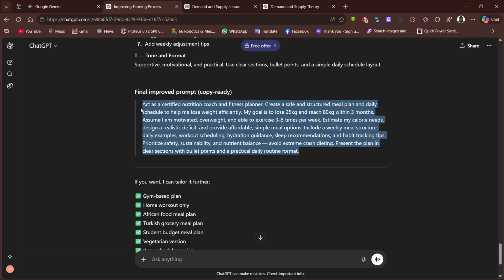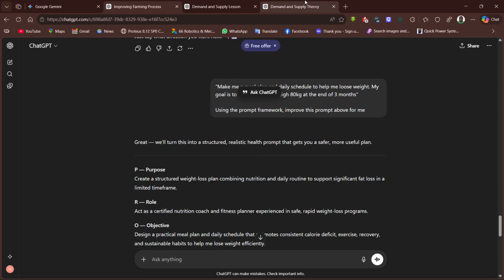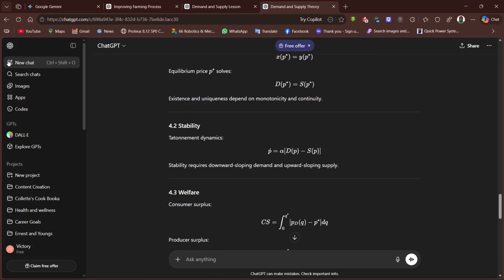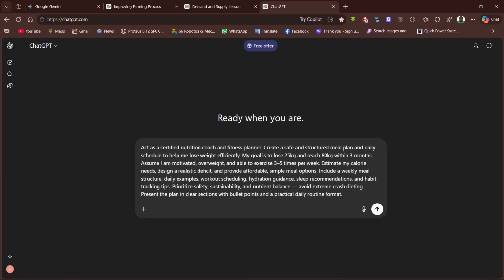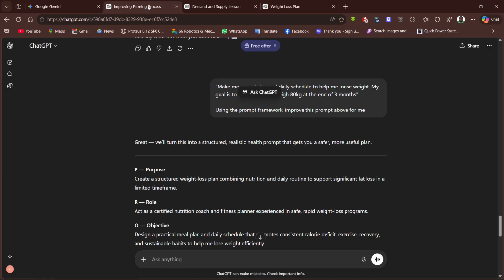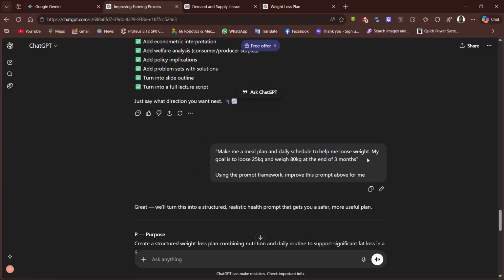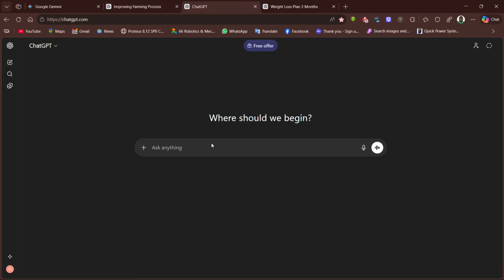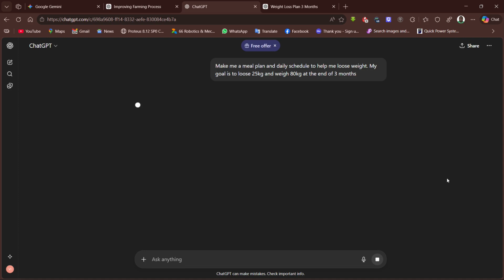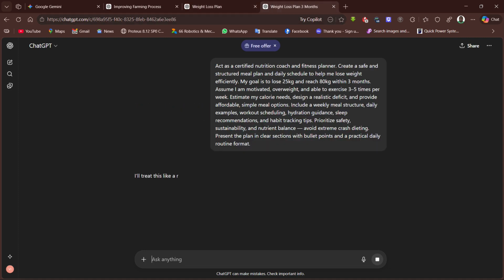Now, this is a very good prompt in my opinion for that particular use case. Let's see what we get when we prompt our chatbot with this. We're just going to start with a new chat, right? And then we're going to paste this. Then we're going to copy our original chat, which was this one here, start a new chat, and paste this, and then let's see what we get.